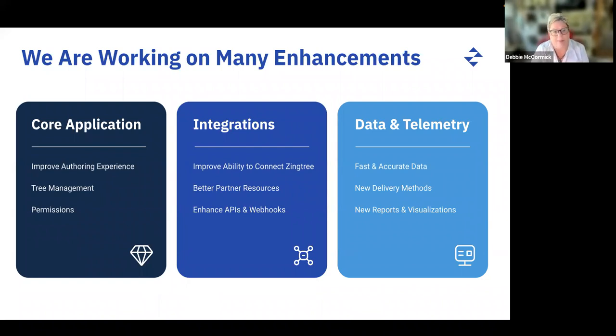Major props to our product and engineering team for everything that they have done. This has been an incredible experience so far, and I can't wait for you guys to get your hands on it. We will definitely keep you updated as to exactly when that will be.